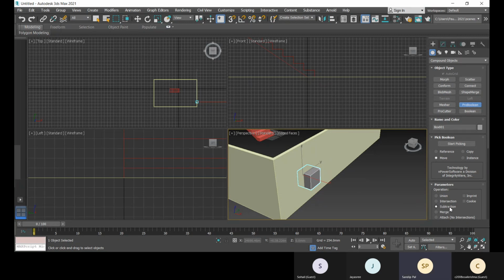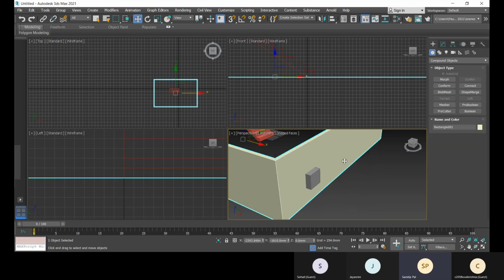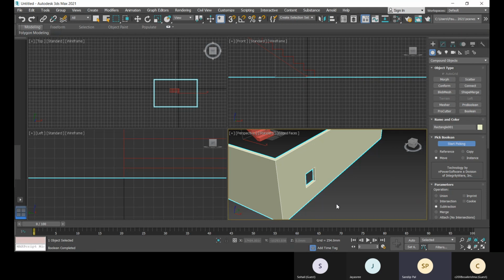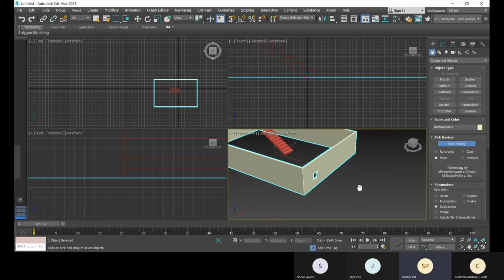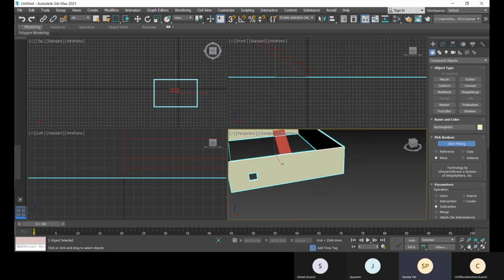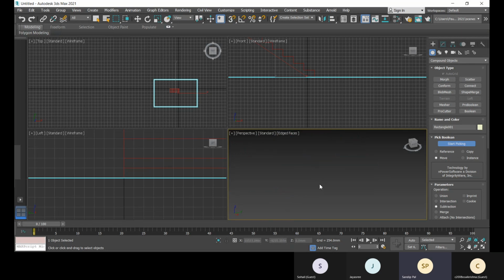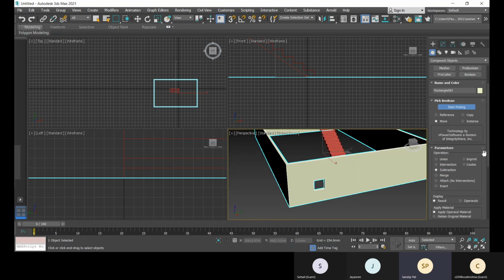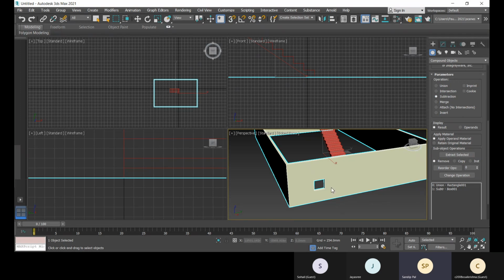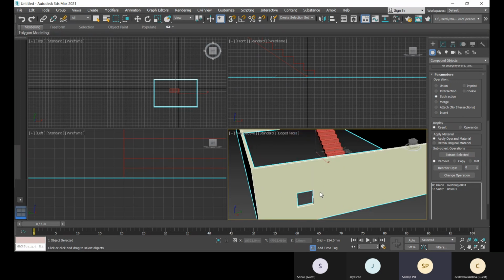This subtraction will be selected, then go to start picking which one will be subtracted. For that select this wall first and then ProBoolean, and then in the subtraction start picking, this will be subtracted.